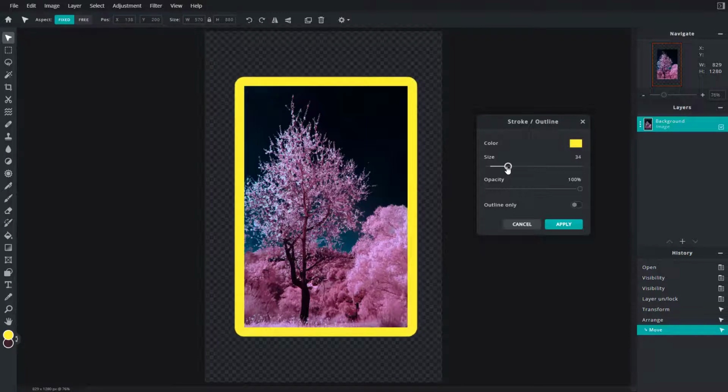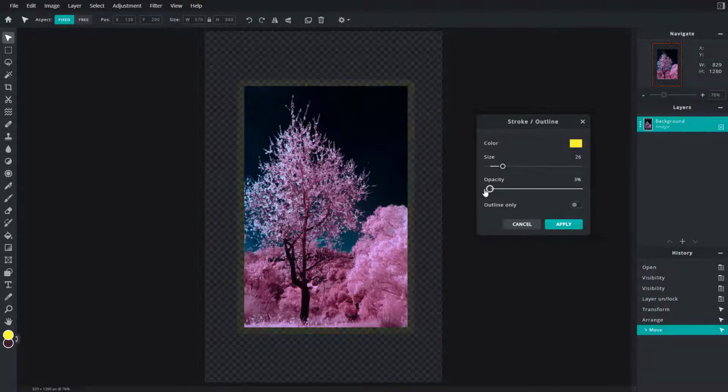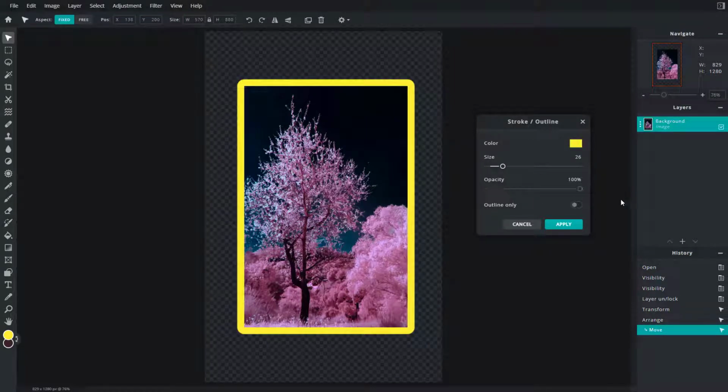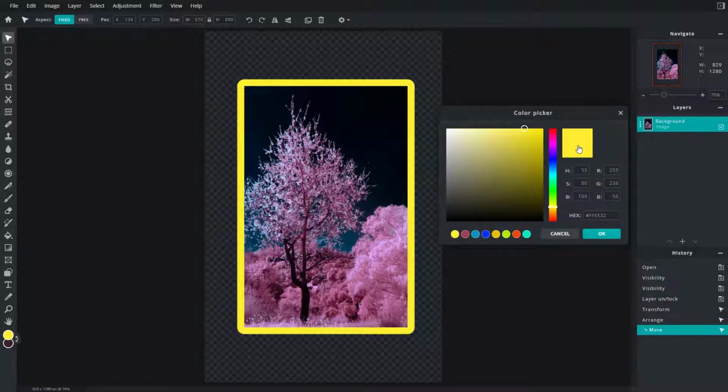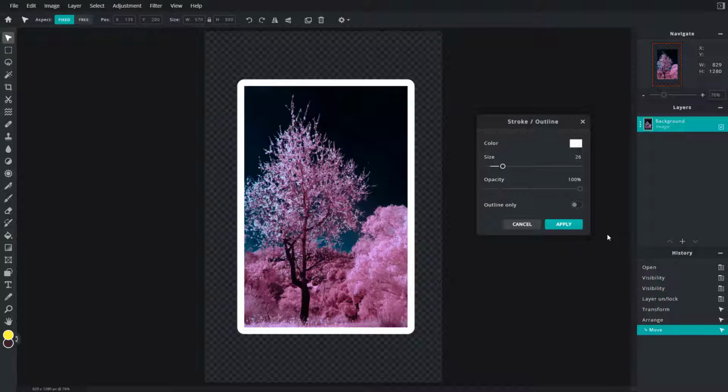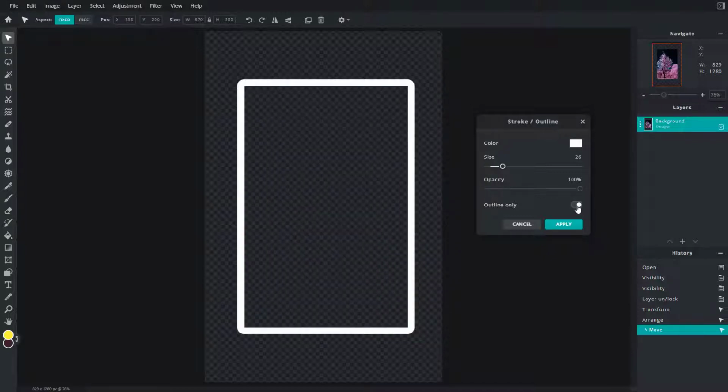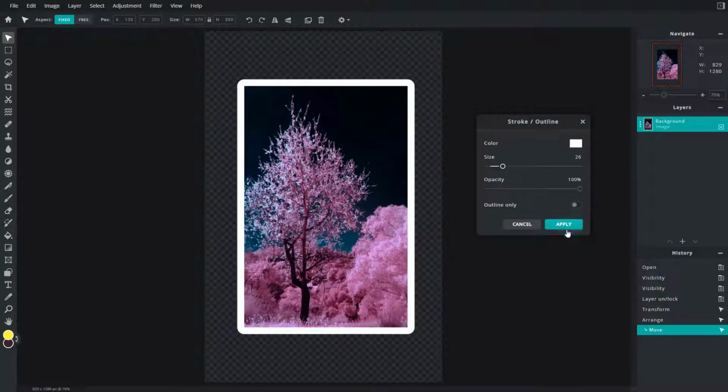I can increase the size right here just like this, and increase and decrease the opacity of the outline as well. And similarly, I can choose a color that I want. So I'm going to choose white and press OK, and you can see that there's a white outline. If I were to click on Outline only, then this is how it works. I'm going to disable the Outline only feature because I want the image as well,